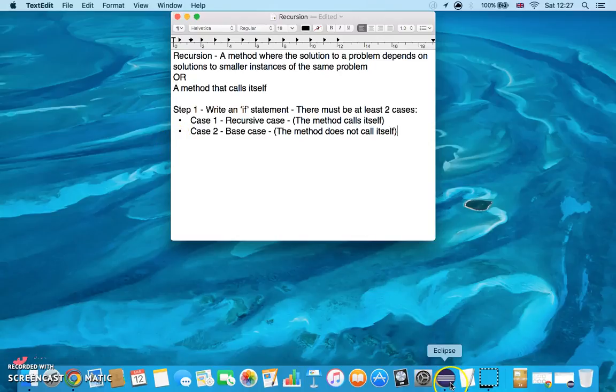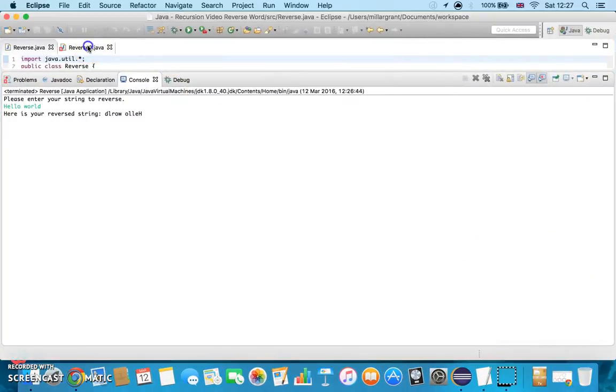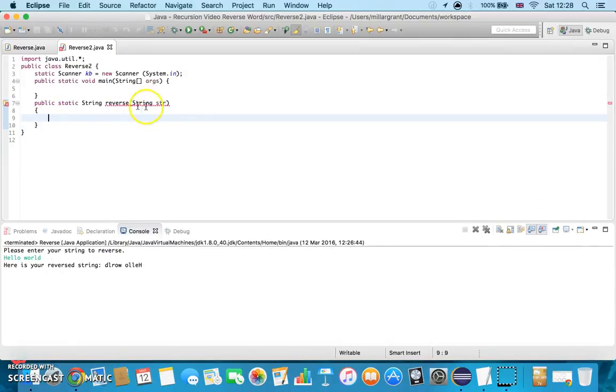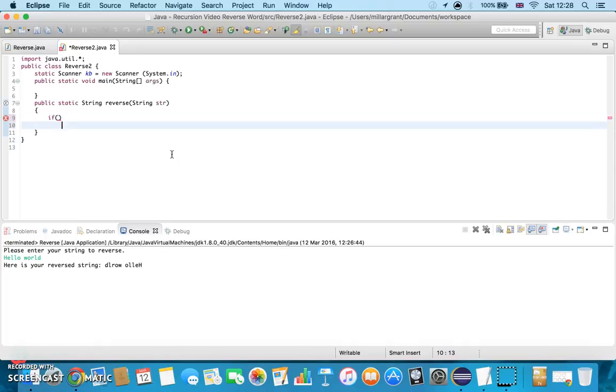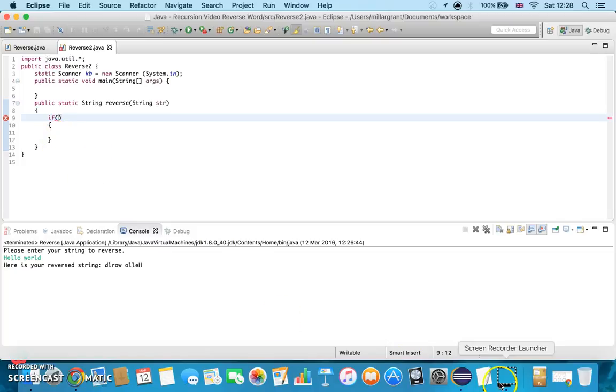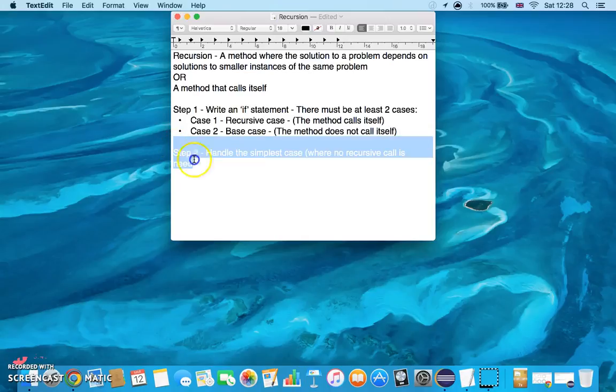So if I go ahead back into Eclipse, see I've started a new method here called reverse, and this is going to return a result of a string. Now, to write our if statement, simply put it in like so. There's nothing inside there yet, it's not going to do anything, etc. Now, continuing on, step 2,